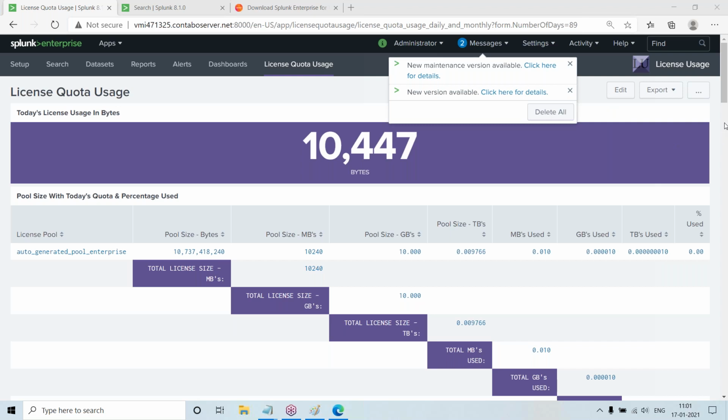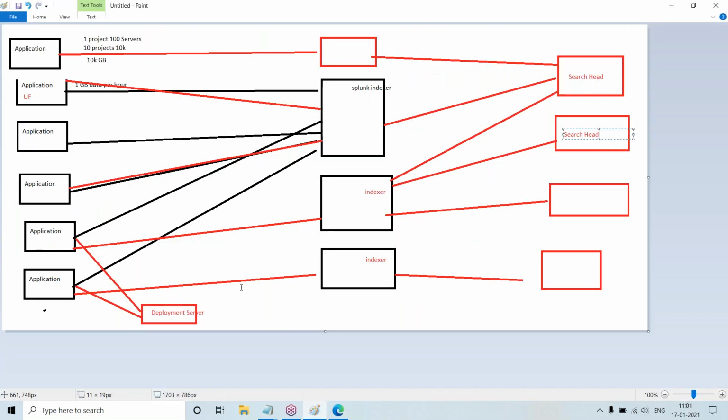Are you starting any real-time batches? Yeah, training batches. From the 20th I'm starting. I will be teaching how to set up these clusters, how to configure multiple indexers.